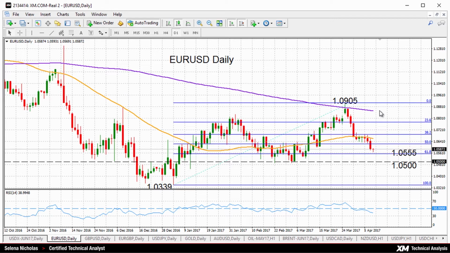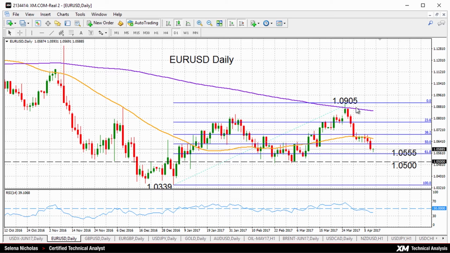And if we look to the downside now, any breaks below 1.0555 and 1.0500 would increase downside potential, with scope to target the January low of 1.0339. The recent uptrend bias that took place from this low, and it reached